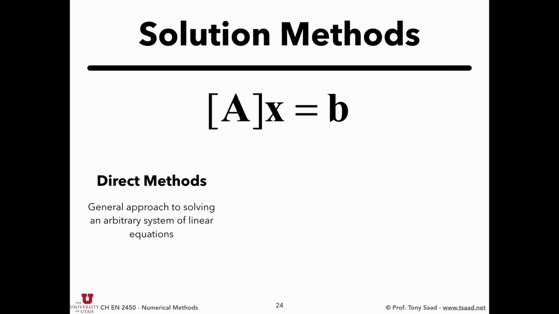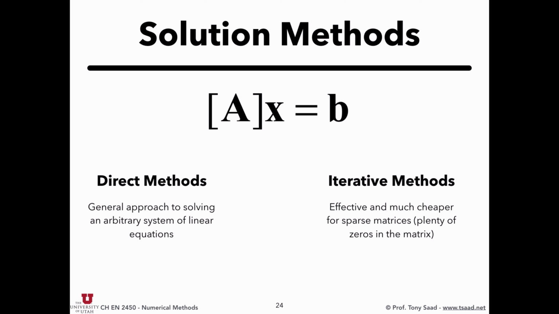The first one being direct methods, where these are general approaches to solve an arbitrary system of linear equations, whether being dense, upper triangular, or lower triangular. However, these methods will directly solve the system of equations. There's no iterations involved. You just immediately get the inverse and get the solution in one shot,